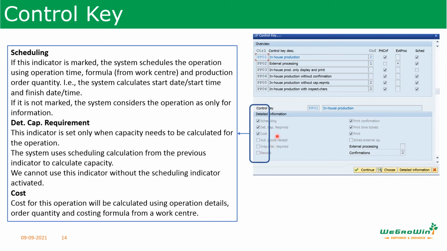If it is required, we have to tick mark here. If not, leave it. And then again, please see here, we cannot use this indicator without the scheduling indicator activated. If you want to consider capacity, scheduling has to be ticked. So these are some of the points which you have to remember, very important when you are setting the routing